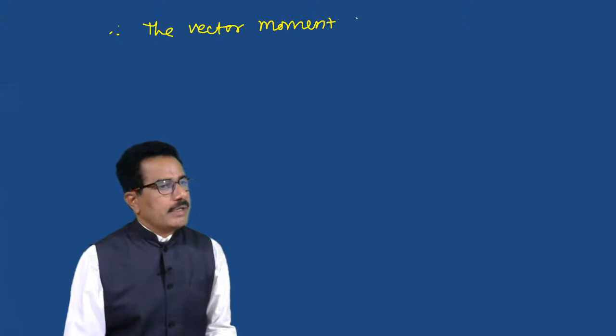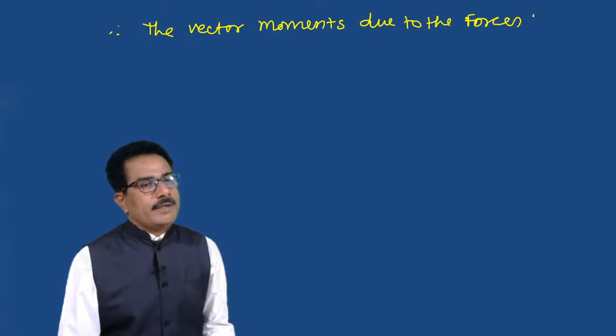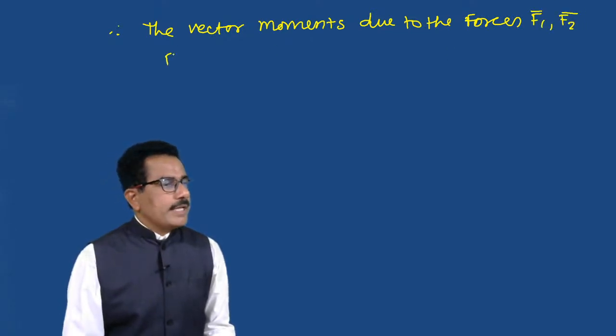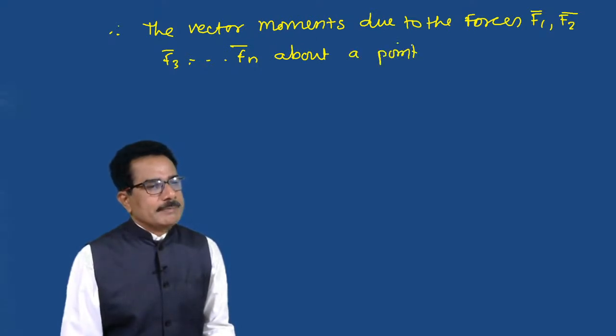Therefore the vector moment due to the forces F1 bar, F2 bar, F3 bar, dot, Fn bar about a point O is given by,